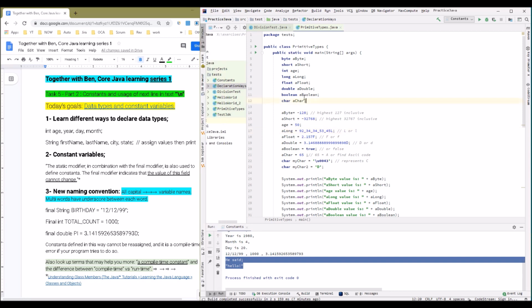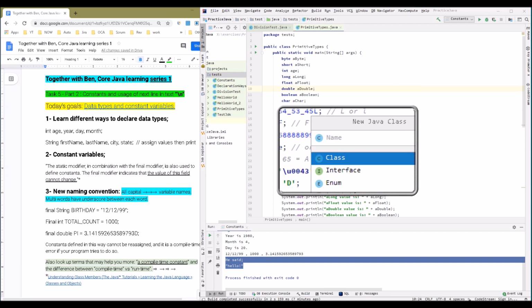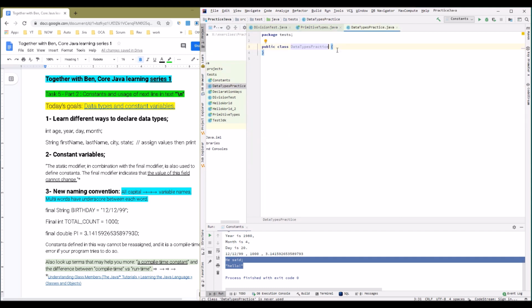We will create a new class, and let's name it data types practice. Hopefully with this video it will be more clear how you get going on your learning. Okay. Add your main method in your class,